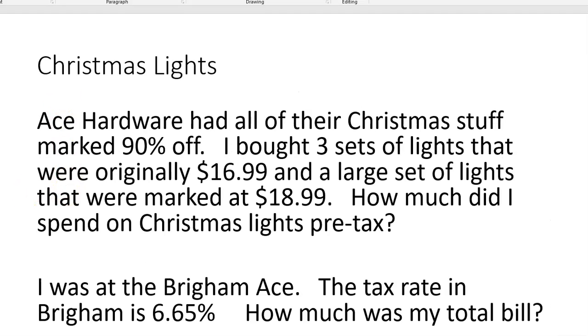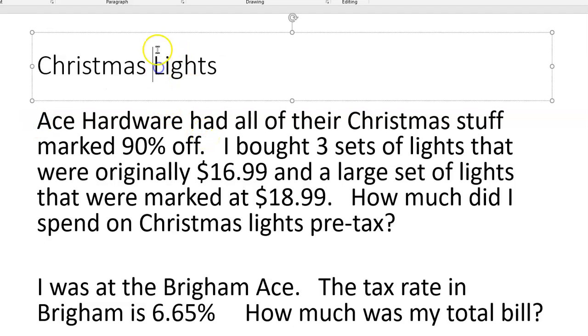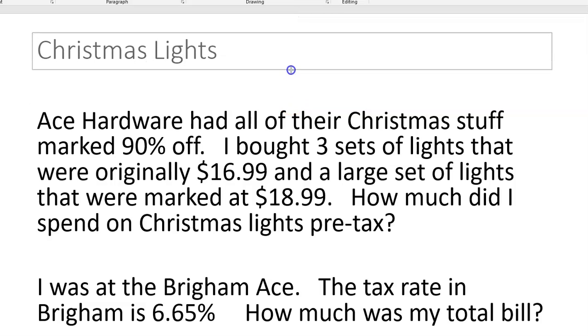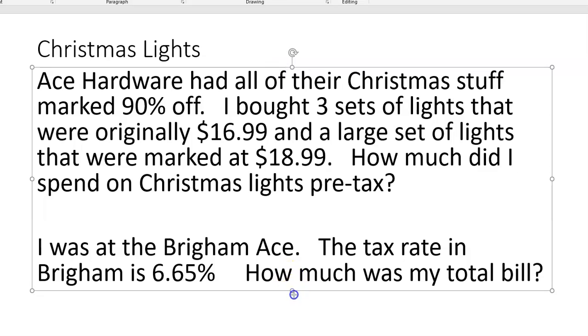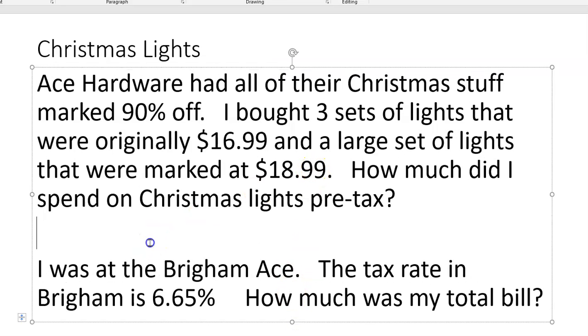All right. Ace Hardware had all of their Christmas lights stuff marked 90% off. That's an awesome sale. I bought 3 sets of lights that were originally $16.99 and a large set of lights that were marked $18.99. How much did I spend on Christmas lights pre-tax? So I've got 3 times $16.99 plus $18.99. That's what I spent first. That would be